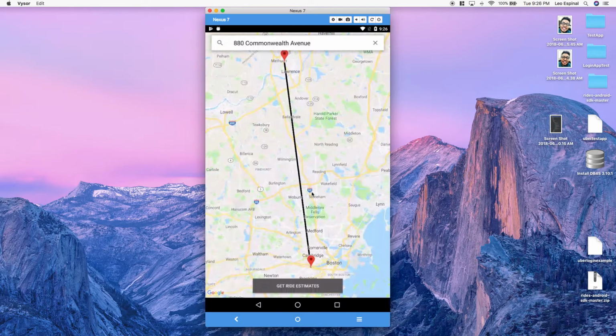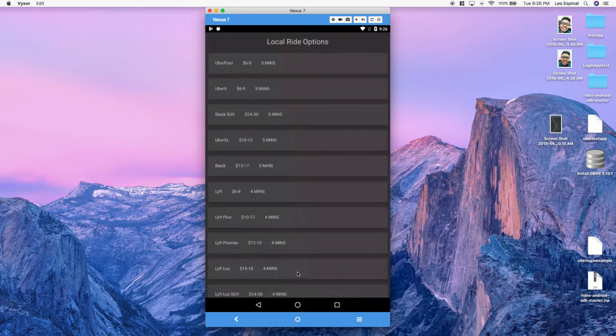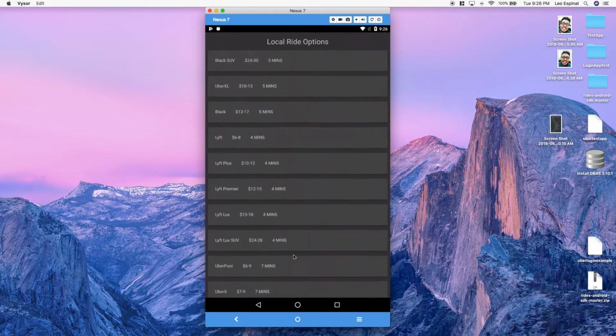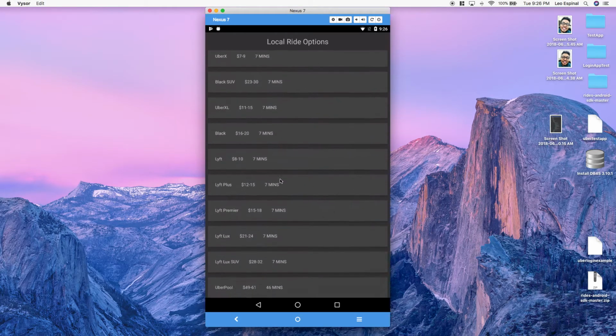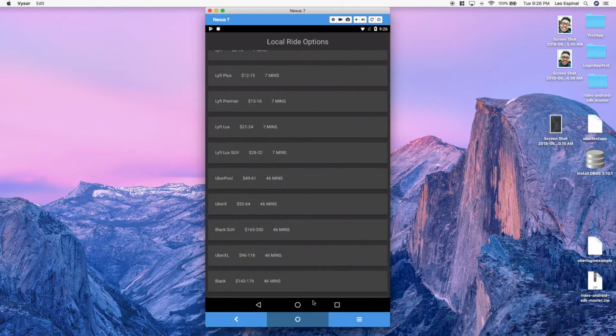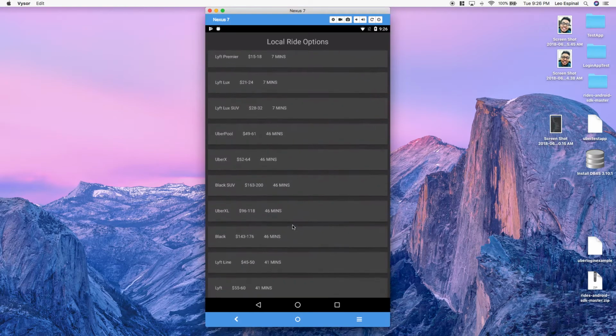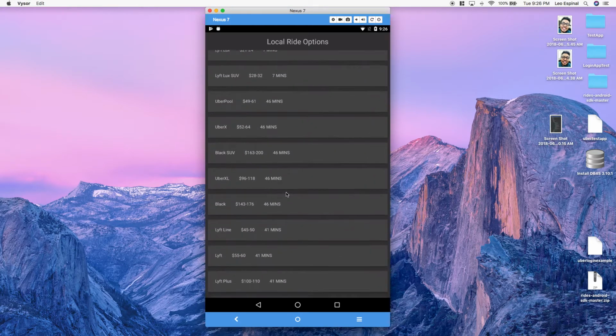So this is a pretty significant different distance, so I could expect the rates to be pretty high. Let's see. Yeah, so here you could see the rates go up pretty significantly.